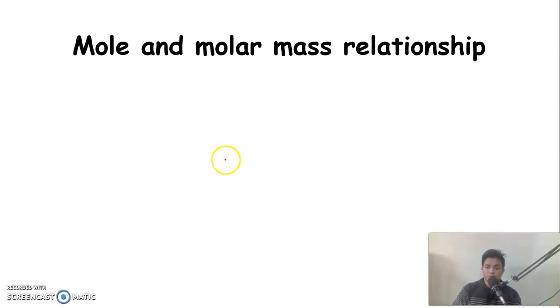Hello and welcome to the continuation of this stoichiometry. So we'll be talking about the idea of mole and molar mass before we go on with the actual stoichiometry. Remember, 1 mole is actually a unit of measurement, which is a group count. So 1 mole is not just one molecule, but rather it means 6.02 times 10 to the power of 23